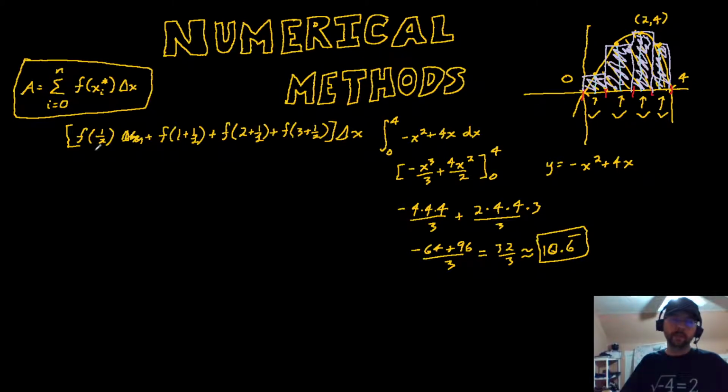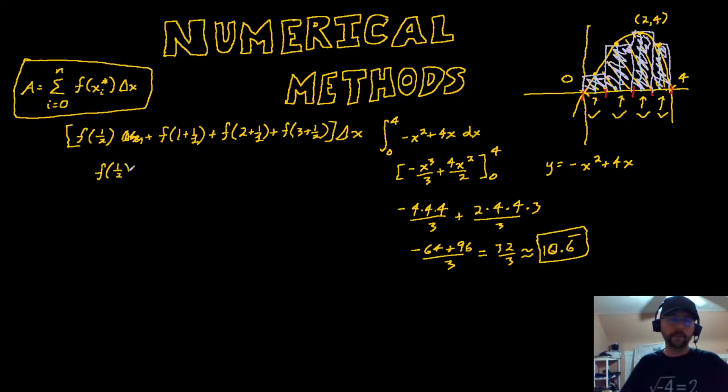So now that we know what happens, we can turn this into computer code. And so you can see what we're going to do is say the area is going to equal the sum of all of these times delta x. Or, as I started to write, you could write